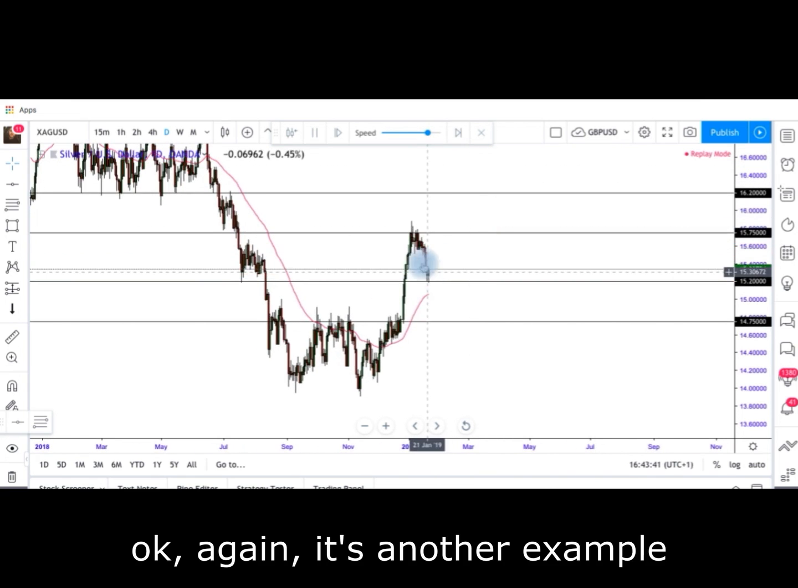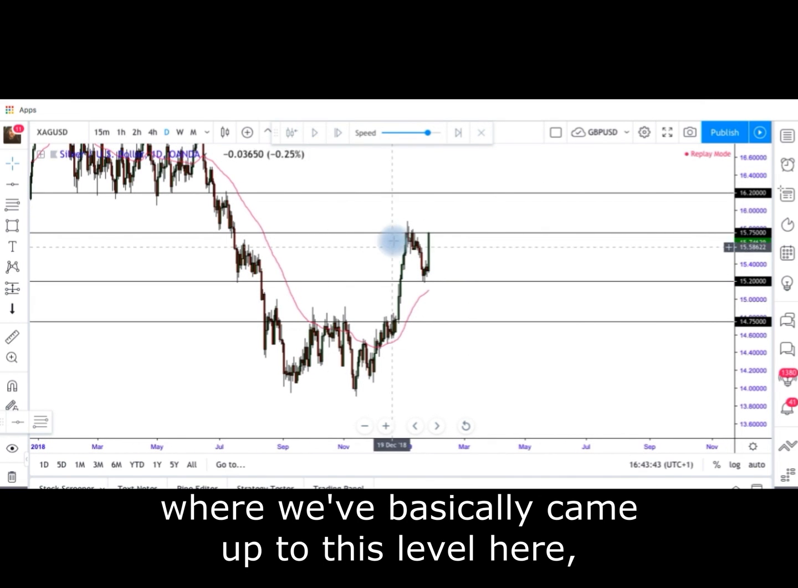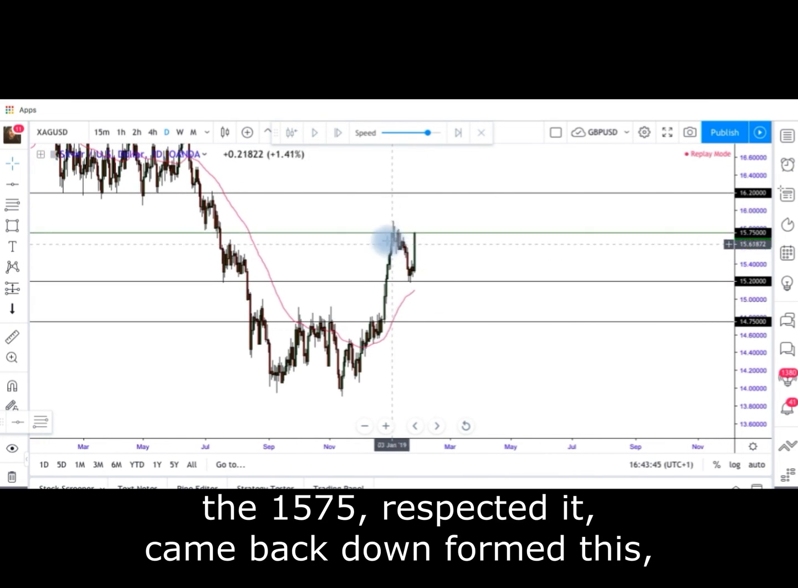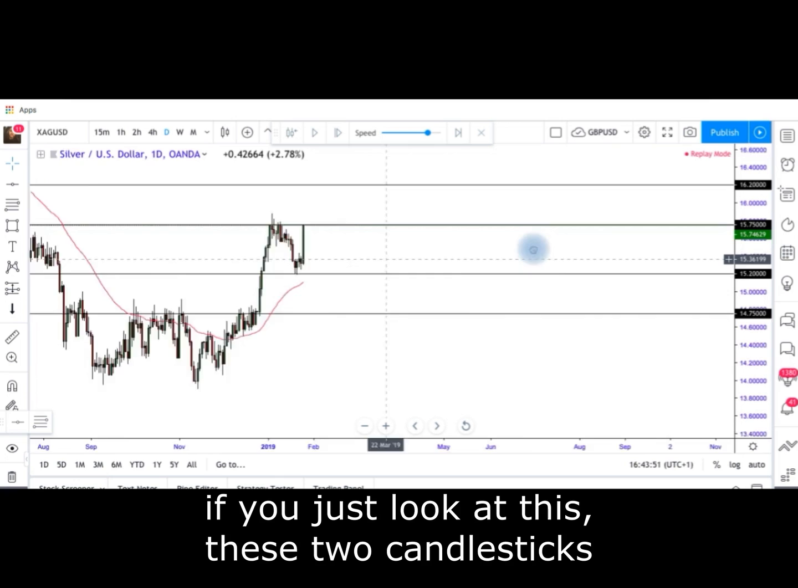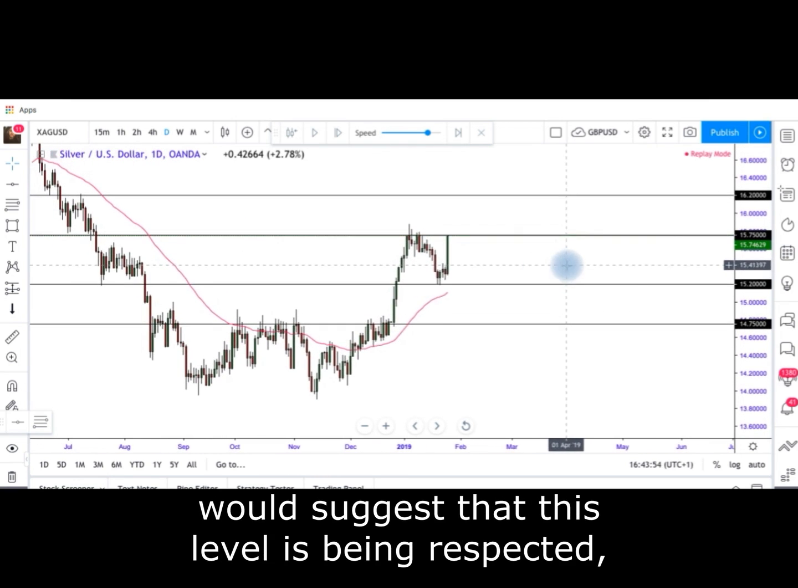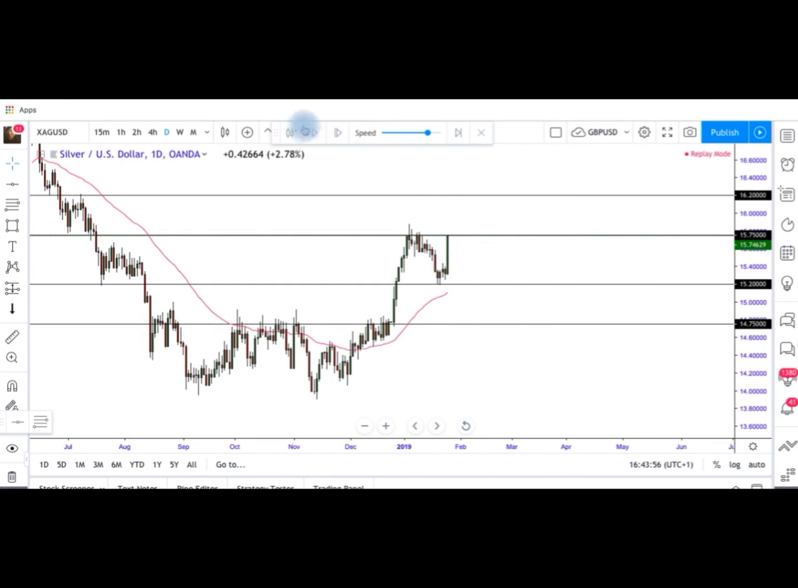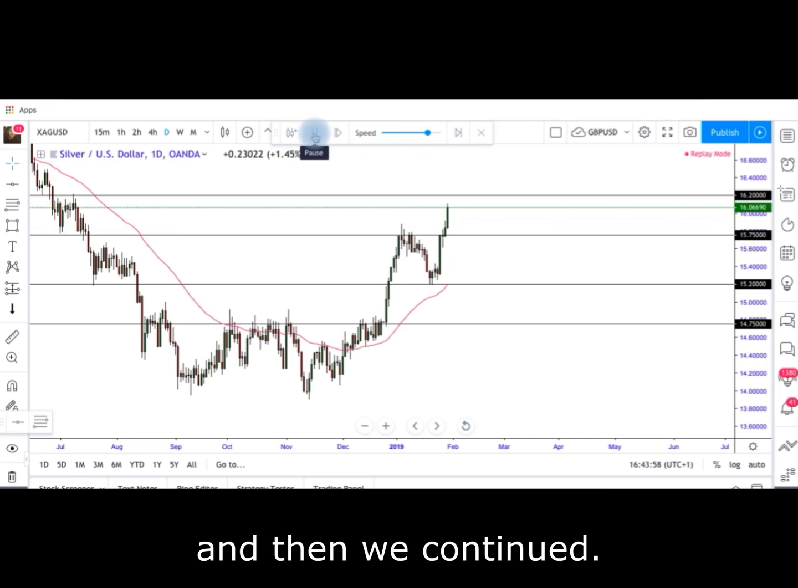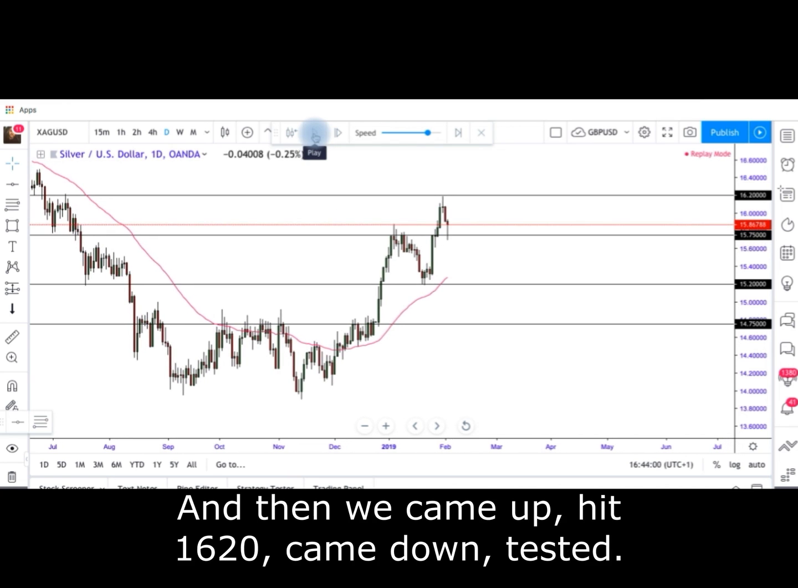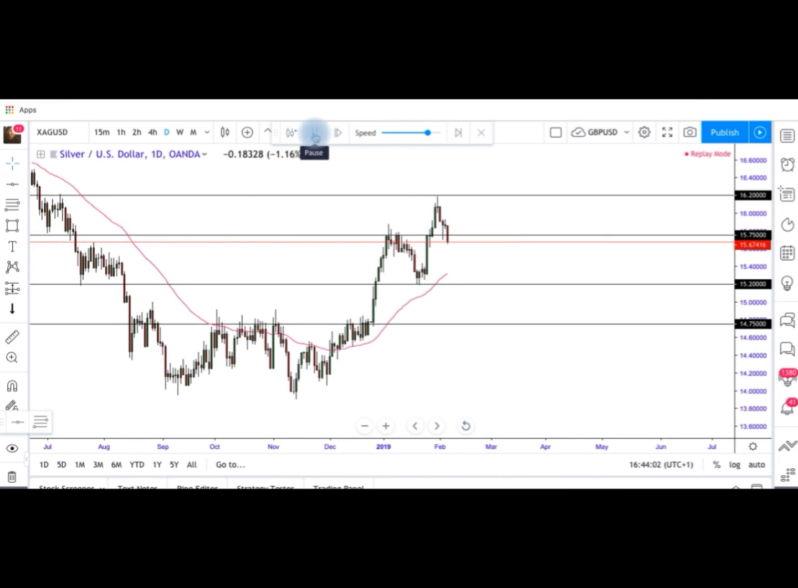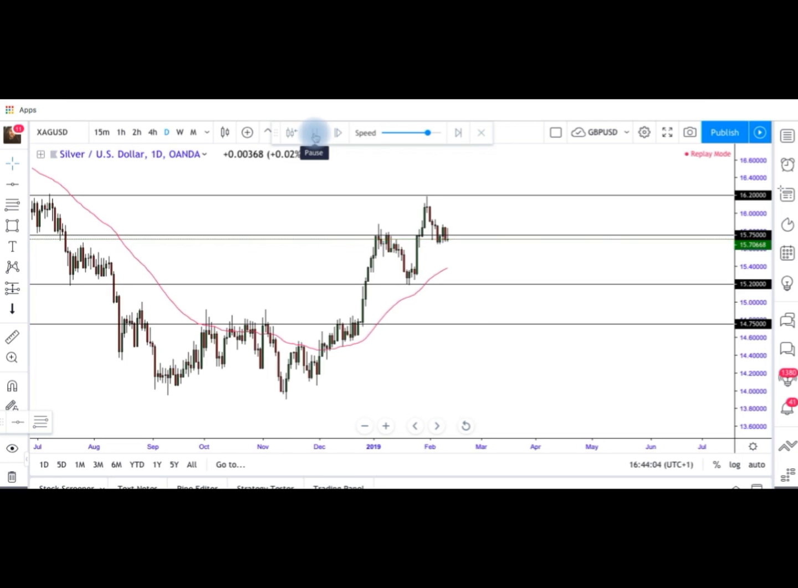Okay, again, it's another example of where we've basically come up to this level here, the 15.75, respected it, came back down, formed this. If you look at this, these two candlesticks suggest that this level is being respected, and then we continued. And then we came up, hit 16.20, came down, tested,